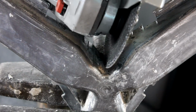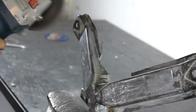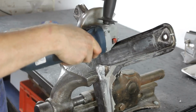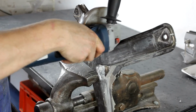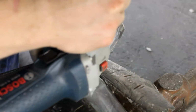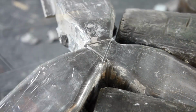So the basic idea here is to make some space so that I can use the angle grinder to cut alongside the steel rod that is encapsulated inside this cast material, and try to cut only so deep that I barely or possibly not even touch the steel, not to harm it. I rotate this around and do this on all 3 sides, and then I cut with the angle grinder a triangle into the top or the tip of this part, connecting those 3 cuts. And then